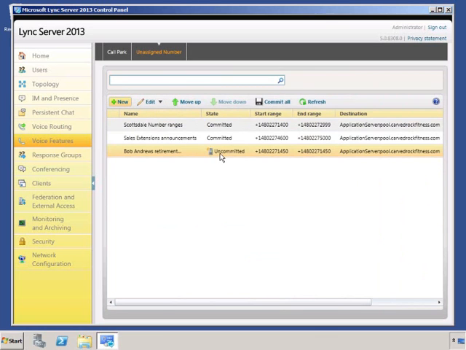You'll notice that my announcement is not committed, so we'll click on Commit All. Now, before I close out of the console, I see that I have a conflict. You can see that the Bob Andrews telephone number, 480-227-1450, happens to fall within the Scottsdale number ranges. When your announcements are getting processed, they get processed from the top down. So if you were to call Bob Andrews' number right now, you would actually get the announcement for the Scottsdale